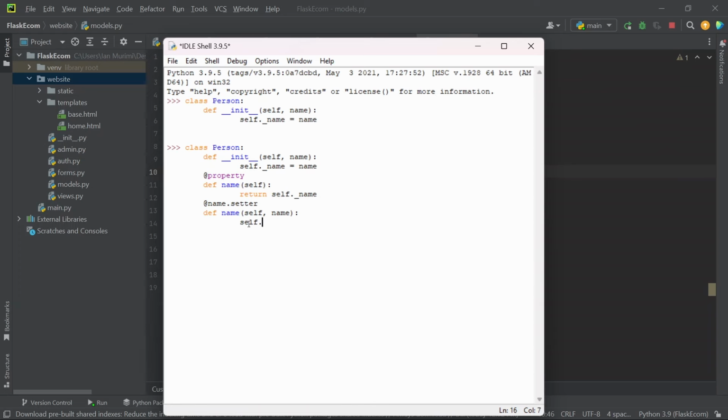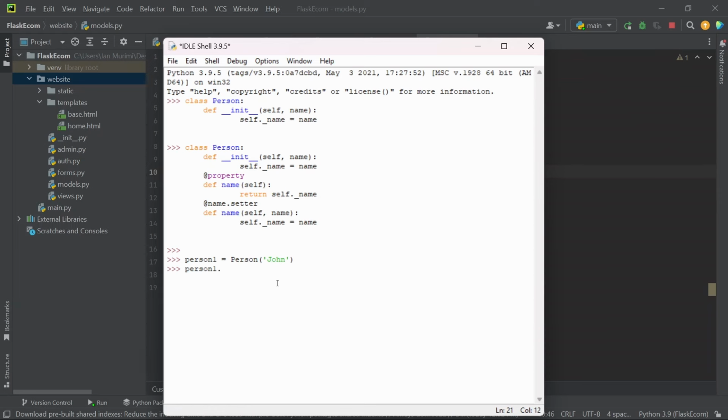And then we set self._name, which is our private variable, to the value of the argument provided here. So now if you have an instance person1 equals Person, and the name of this person is John,